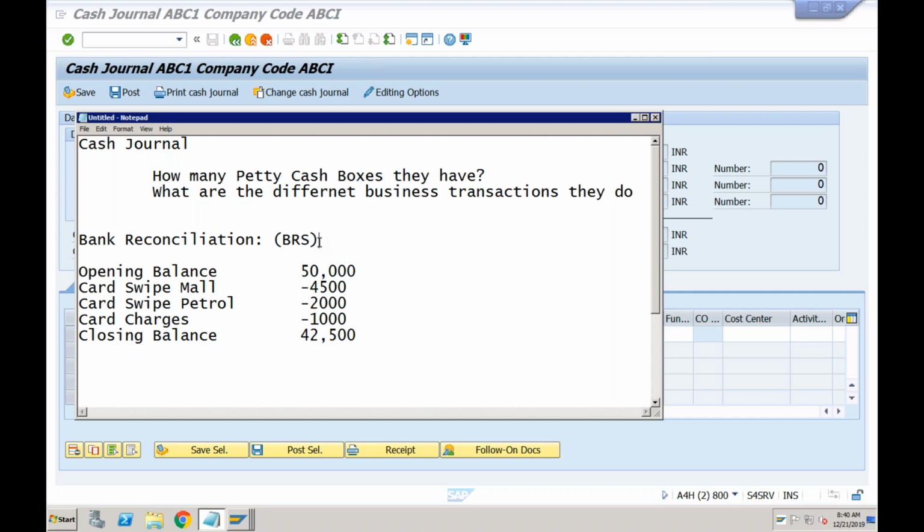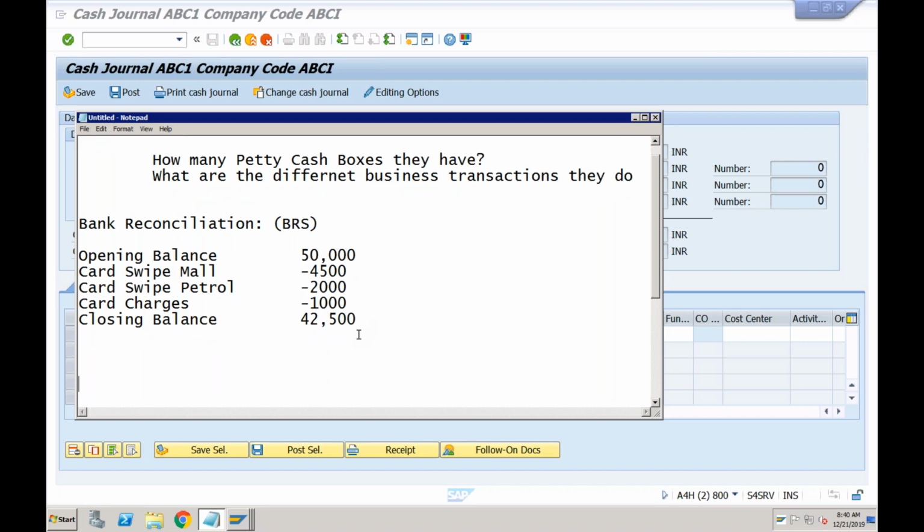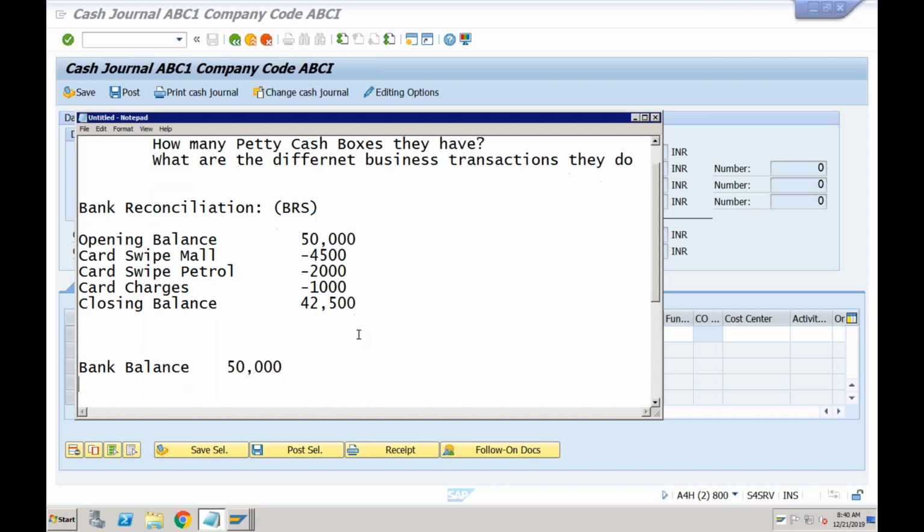Another purpose is, now if I give you another example, let's say the bank balance at the beginning of the month was 50,000. You gave a check to the vendor for 10,000 or for 5,000.